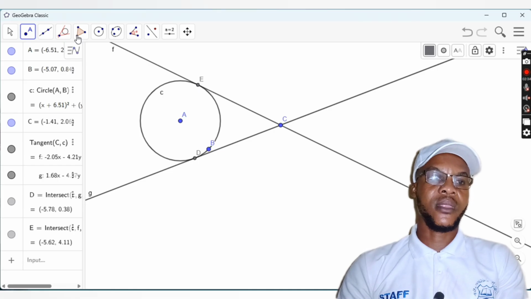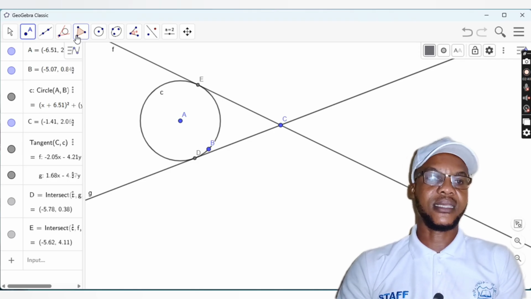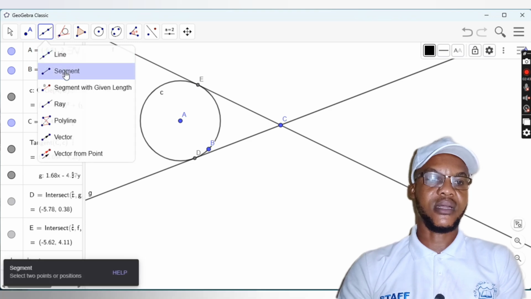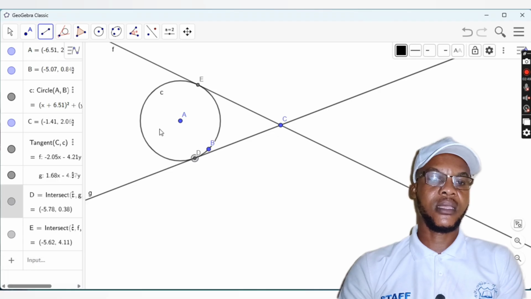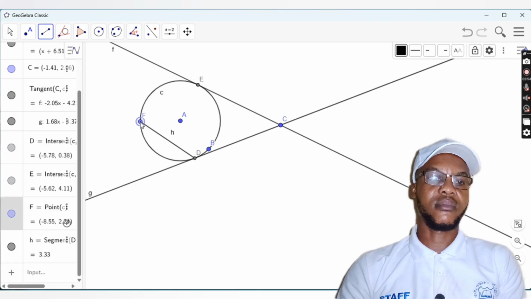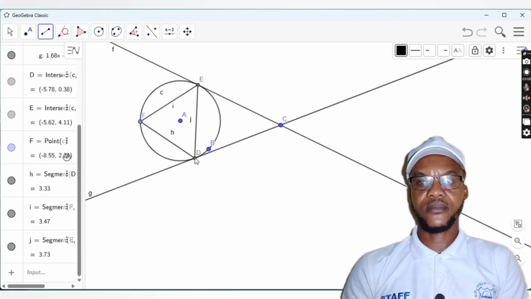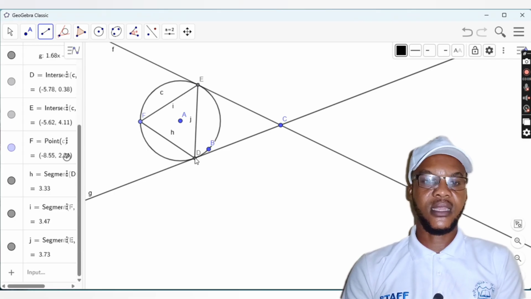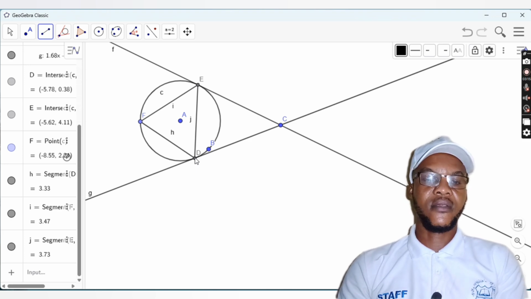Great. Then we want to draw the chord. In drawing the chord, we pick a line segment. Then we click D and make the chord here. Then I want to make another one, joining F to E, so I'll click here. I want to join E to D, so I'll click here as well. That's wonderful. Once we have the chords joined together by the tangent line,